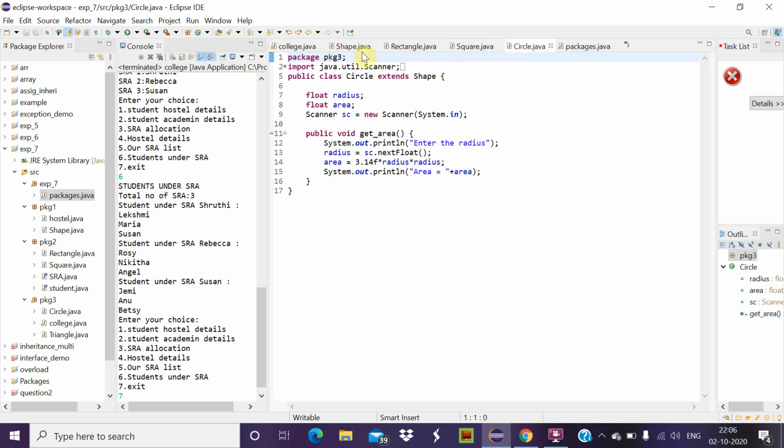Now coming to circle in package 3, we are creating a class called circle and extending the data members from shape. The two data members defined inside the class circle are radius and area. And again overriding the function get_area, we are getting the radius from the user and storing it into the variable called radius, and we are calculating the area with the formula 3.14 into radius, and we are printing